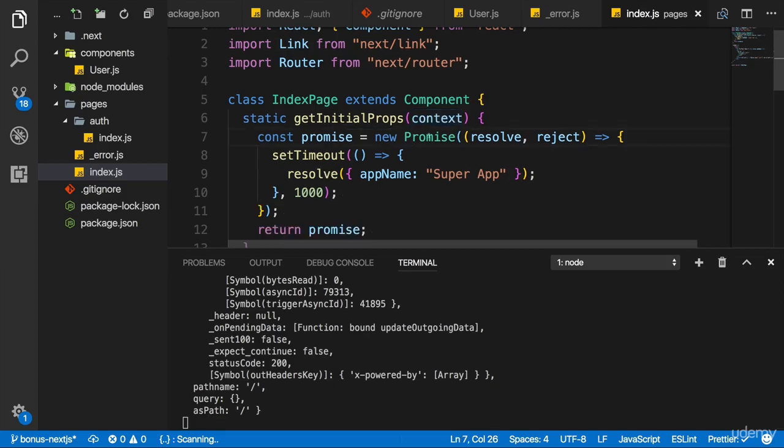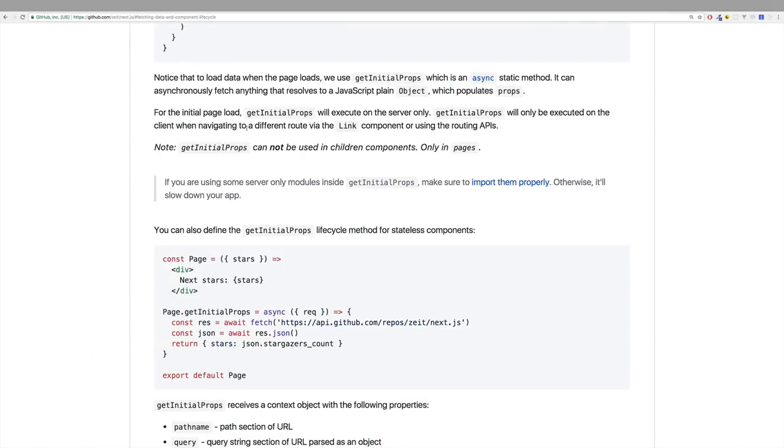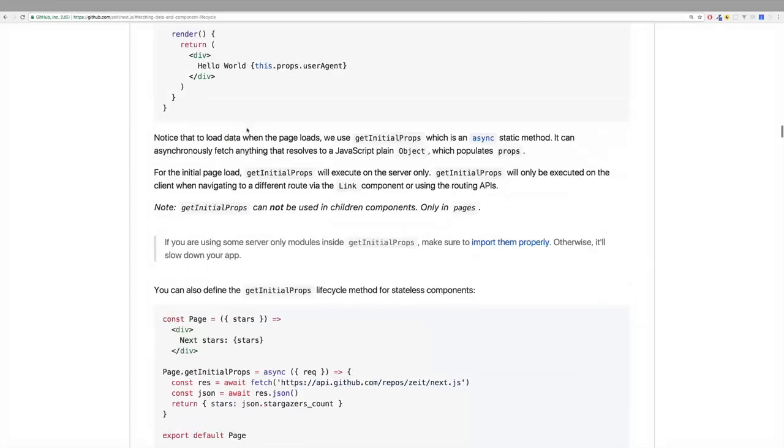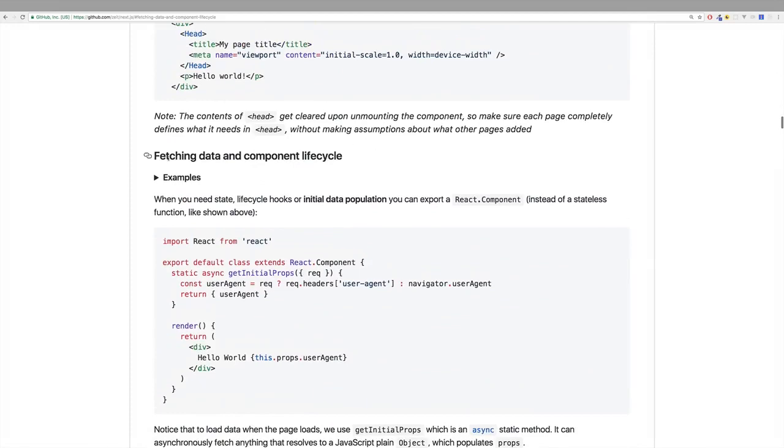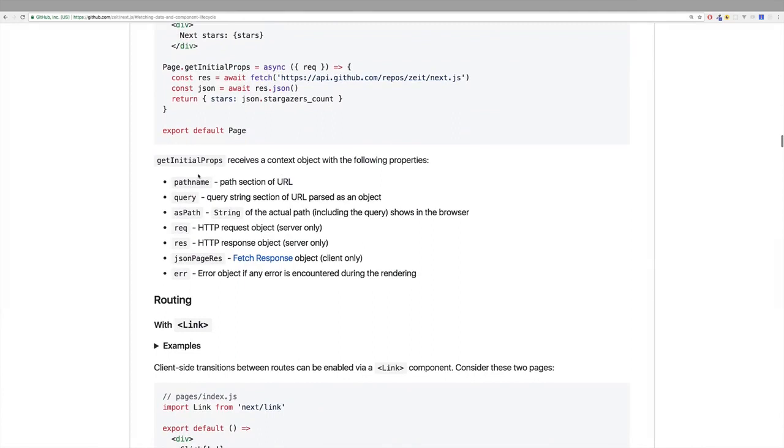So let's get rid of that and instead have a look at the official docs of Next.js. There, if we go to the getInitialProps part, which is about fetching data and the component lifecycle, we see that the context has the pathname of the page we loaded, so what's after the slash, any query params we might have, and important, on the server only though, the request and response object.